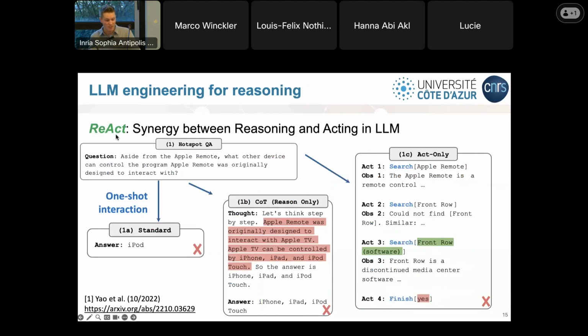But this field of large language models has been very active for many years. There is this group at Princeton that published an article about ReACT. ReACT is for reasoning and acting with large language models. And their experiment showed that if